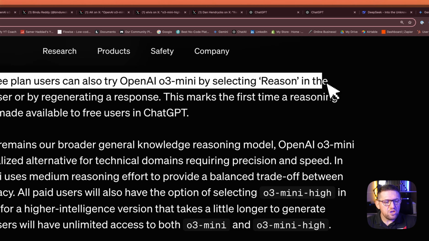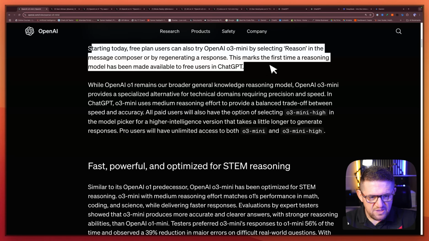Okay, so they're talking about the rolling out of this, and also they're mentioning that for the first time they're gonna make a reasoning model, o3-mini, available for free users just by selecting reasoning. So again, to combat DeepSeek R1, free for all.